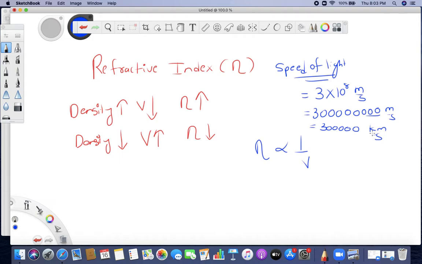Wow, that's big. So whenever you have to compare your velocity, you always compare it with the highest one. So what is the highest? The maximum speed, as far as we know, is the speed of light. So whenever we remove this proportionality, we have to put one constant, and we put the constant as c. And what is c? That is the speed of light.